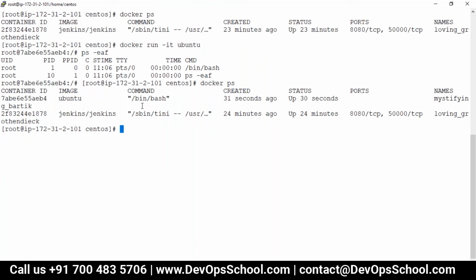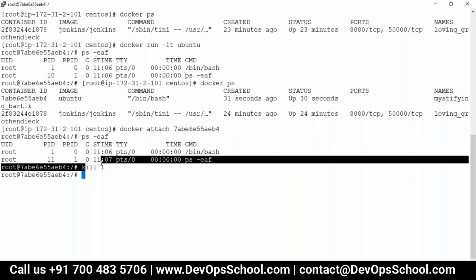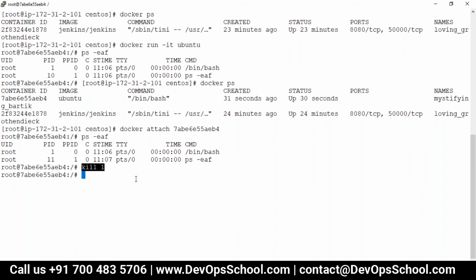So now guys, how can I go inside a container? Now you know that. Now you can attach here. You can do exec also, by the way, but because PID1 is bin bash, I can attach. And you see here, who am I? I am PID1 right now. But remember, can we kill PID1? See here, I'm trying. I am PID1. I am trying to kill myself, but it's not getting killed.